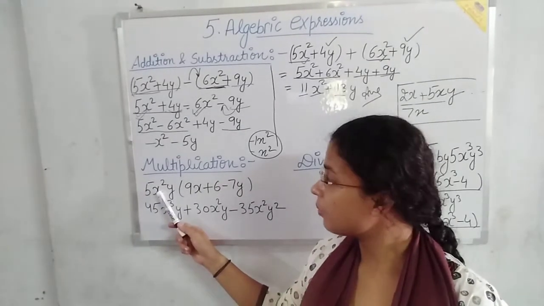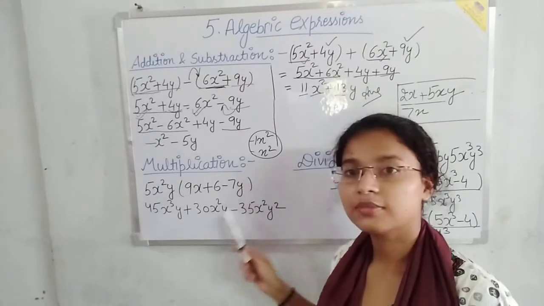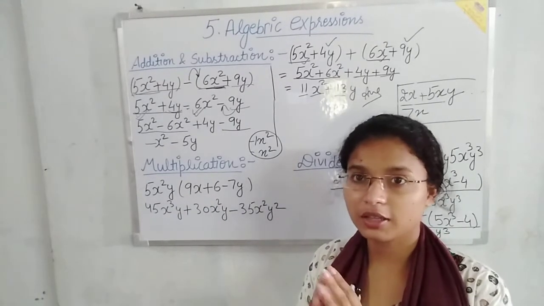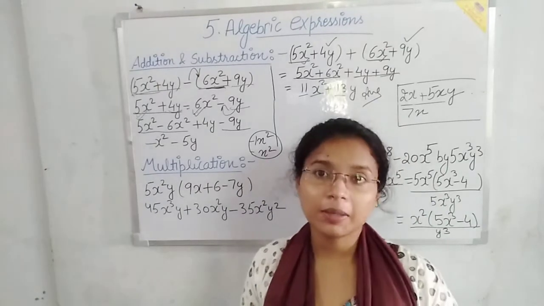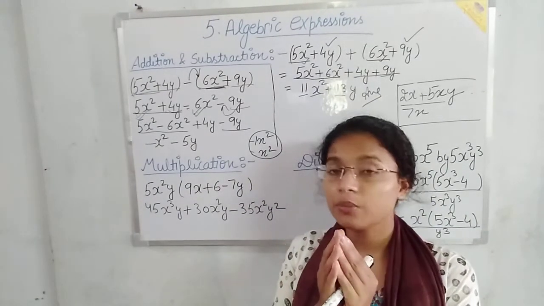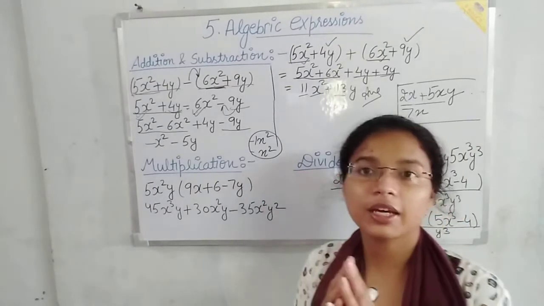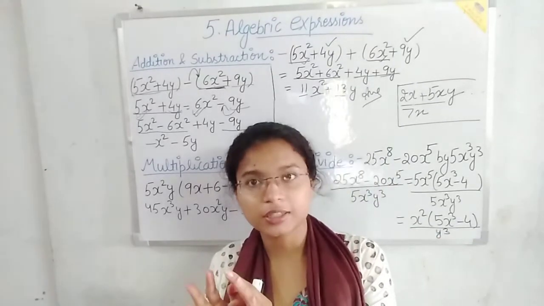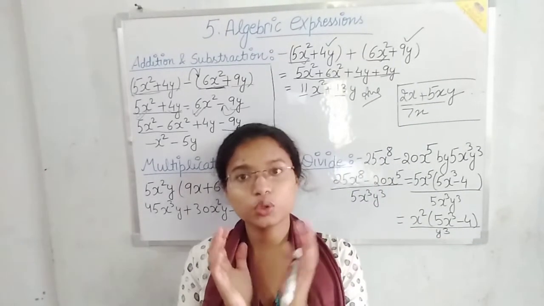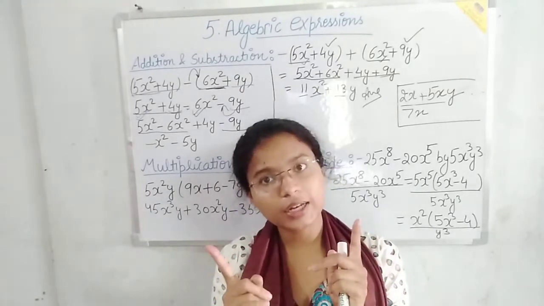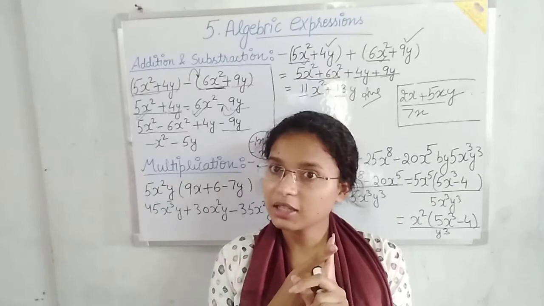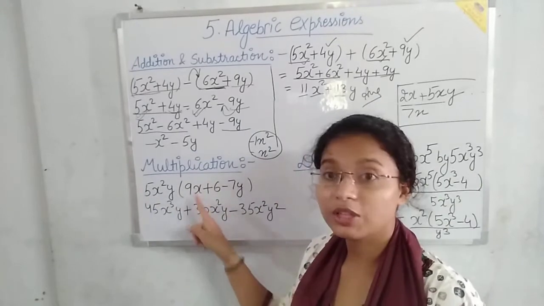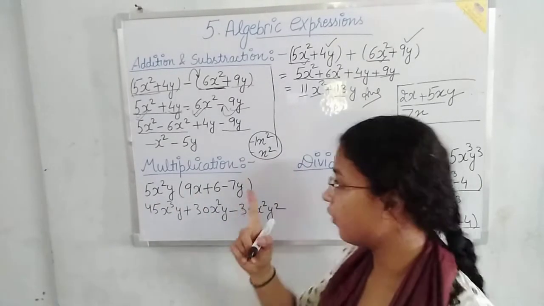Take this term and multiply 1 by 1 from the terms given in the bracket. For the multiplication, multiply their numerical values, then multiply their variables. In multiplication, you can multiply like and unlike terms, but you cannot add or subtract them. So when you multiply this term with the 9x, multiply their numerical values.